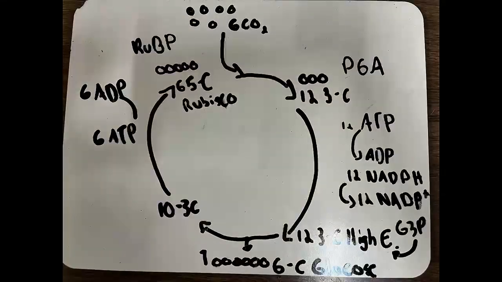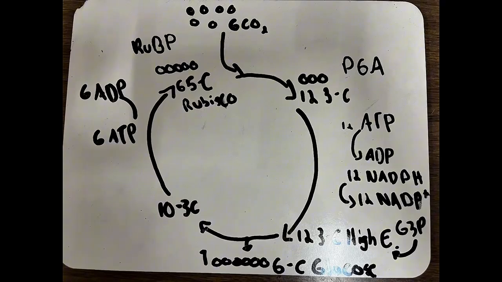The steps of this process are that first, 6 CO2 molecules enter into the Calvin cycle and meet with the RuBP. They both go to an enzyme called rubisco and assemble into 6 carbon structures, which quickly split into 12 PGA. ATP and NADPH are added to the structures and they become ADP and NADP+,